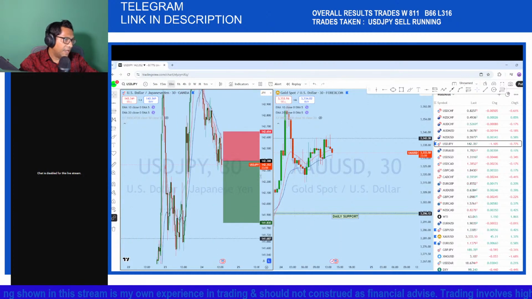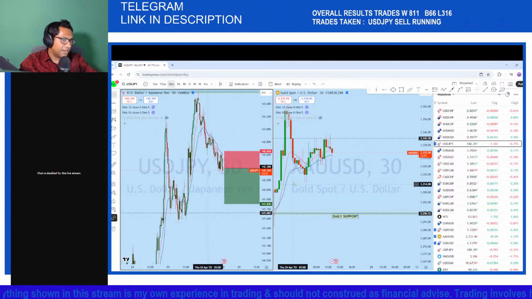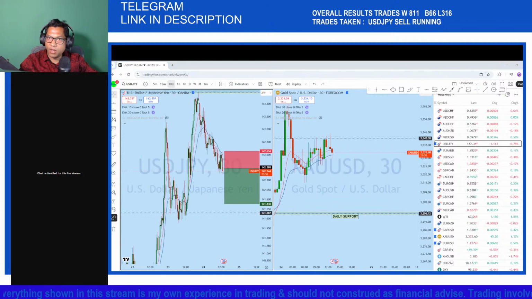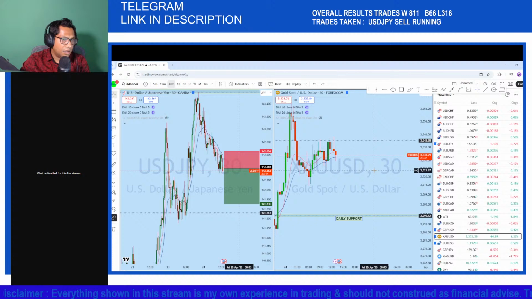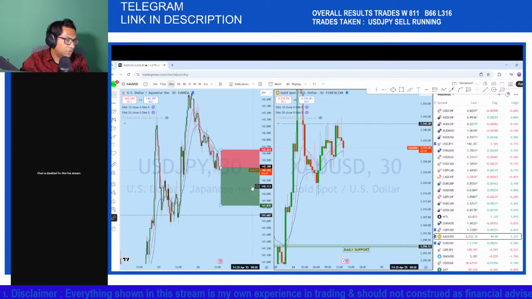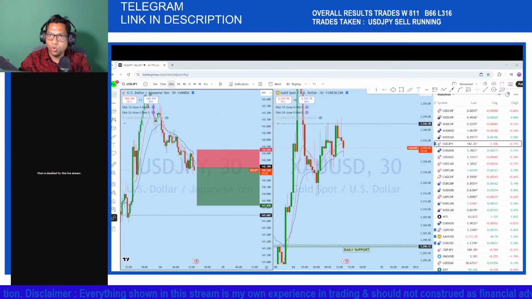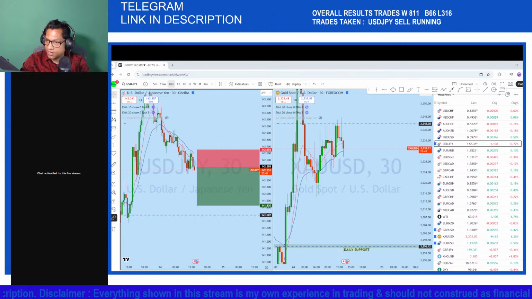fair value gap. And as you know, when there is an imbalance in the market, if you are not sure about what is a fair value gap, also you can let us know in the live chat. Thank you. When there is a fair value gap, that's where we will be entering into that trade. That's the key here, to look for an imbalance in the market. When you see the market in an imbalance, we can see that the price,